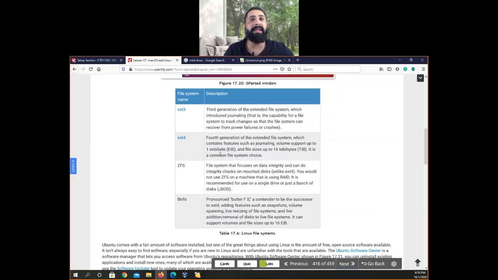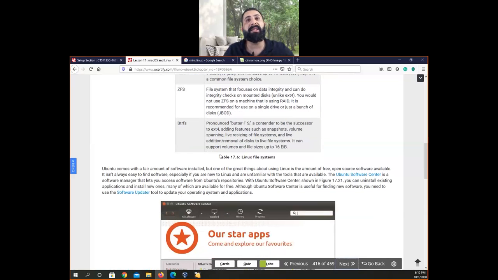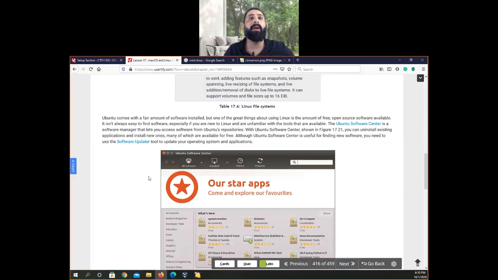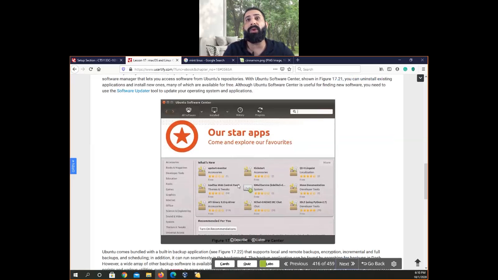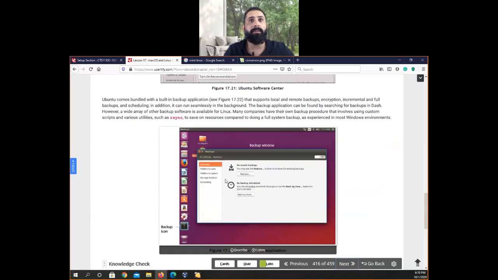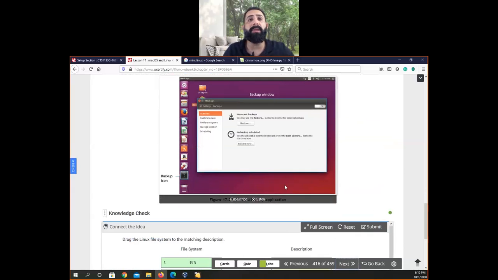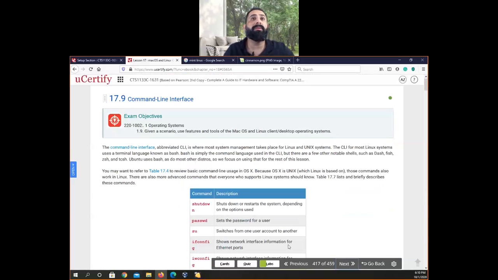Then we have the ZFS file system, which focuses on data integrity and can do integrity checks. And BTRFS, which is ButterFS, a counter to the success of ext4. Software Updater is where you can update and install software on Ubuntu. Also, we have backups where we can sync backups on Ubuntu.